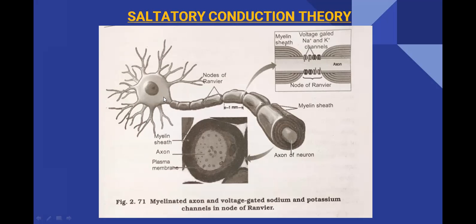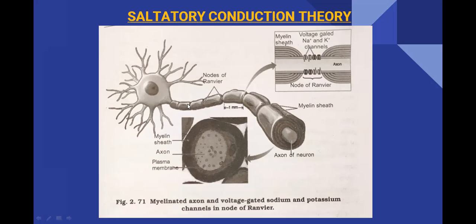Up to this axon hillock region, we saw how the threshold limit is reached, and once the threshold limit is crossed, the action potential will be generated in the axon hillock region. Up to this region, it is similar to the previous non-myelinated cell. But from this region onwards, how the nerve impulse is propagated throughout the length of a myelinated neuron is somewhat different.